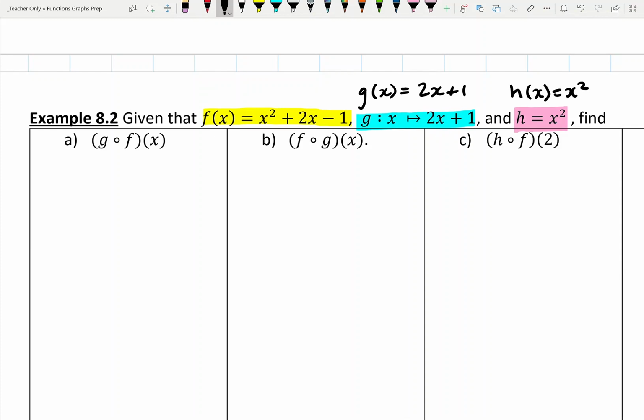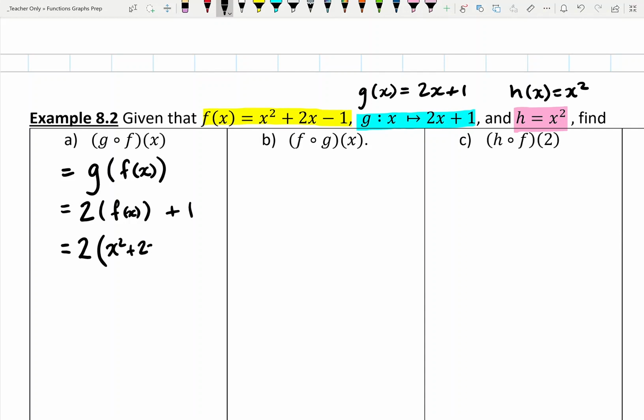So if we do g of f of x first, our outside function is g and our inside function is f of x. So we start with our g function, which is 2x plus 1, except it's not x, it's f of x. And then we substitute f of x. So it's 2 times f of x, which is x squared plus 2x minus 1, and then the plus 1